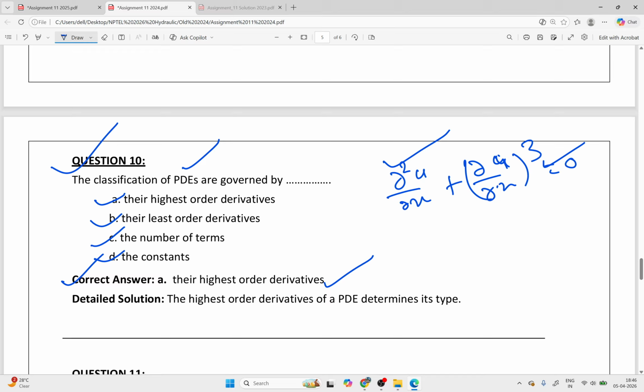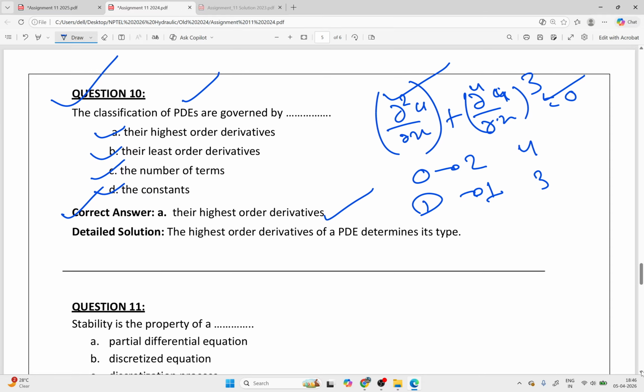So if this is the equation, the order of this equation is 2 and the degree of this equation is 1. We will not switch here. Whatever term you look at for order, the same term you need to look at for degree. If here it is suppose 4, then your order is 4 and degree is 3. Okay, now let us move on to the next question.